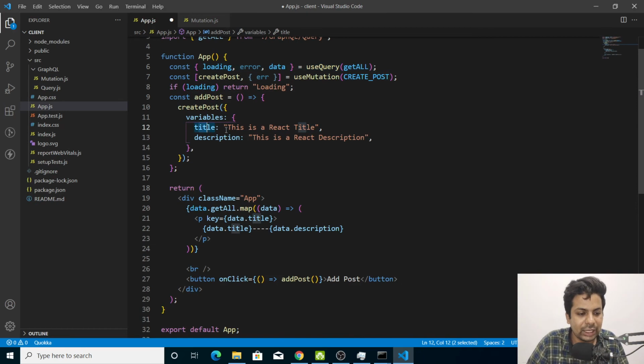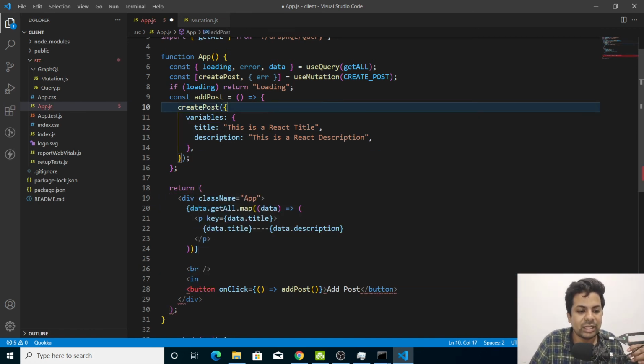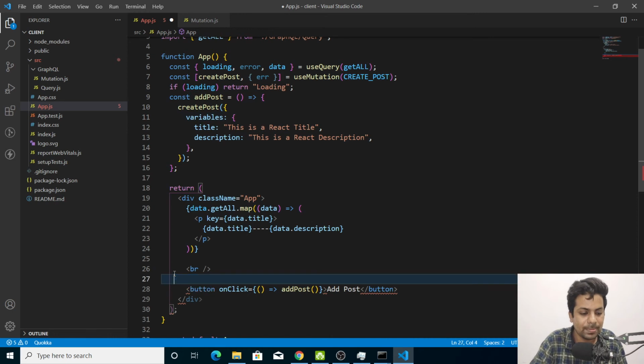We are just doing title, so this is static data. You can put an input tag here and do onChange and reference and pass that variable here. That will also be a way, but basically I am doing it in a static way, otherwise there will be so many onChange handlers. So let me just do it like this only.